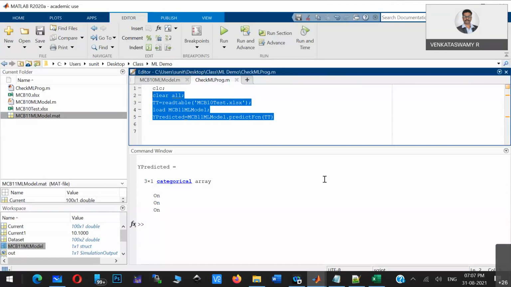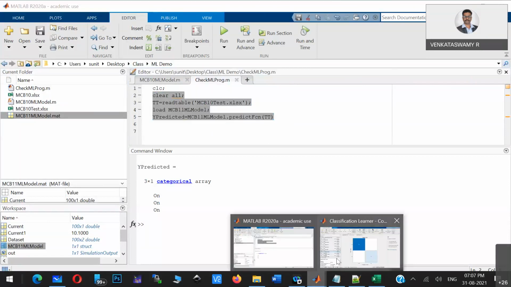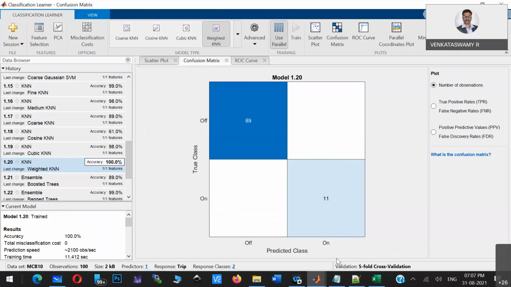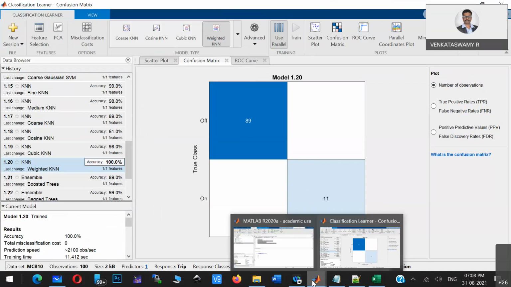In fact, if you know these steps, within 5 minutes you can create any classification or machine learning model for your problem. In that phase, you can work in this toolbox. That is the simple way they have developed this application. Any questions on this particular topic?